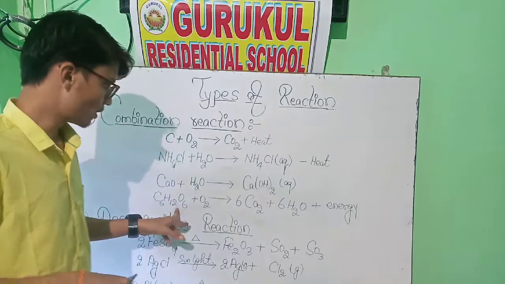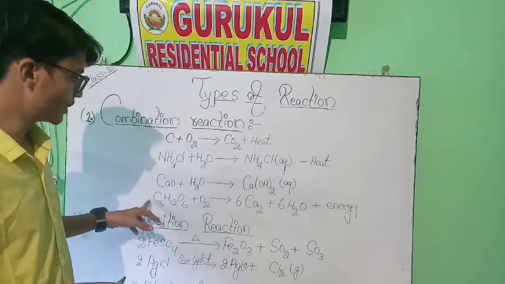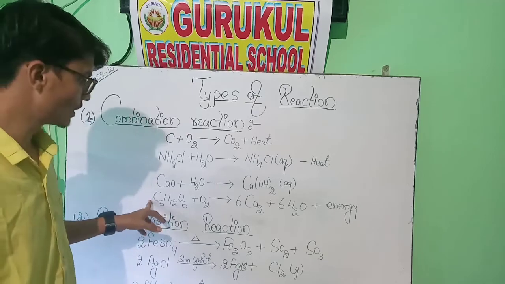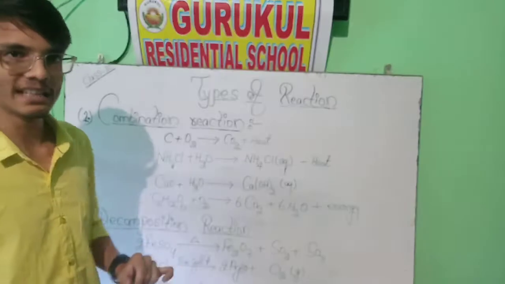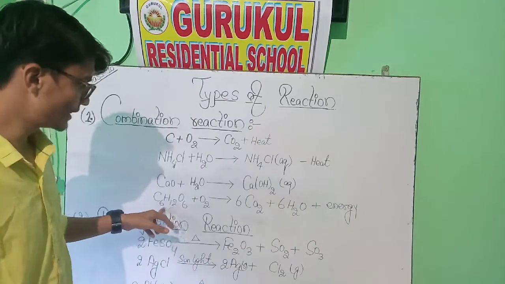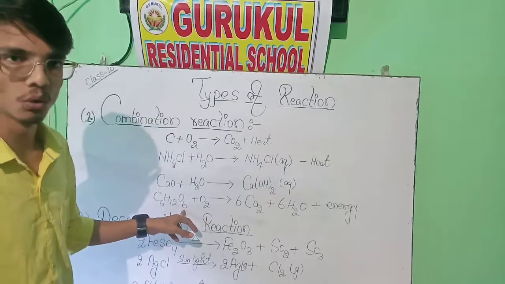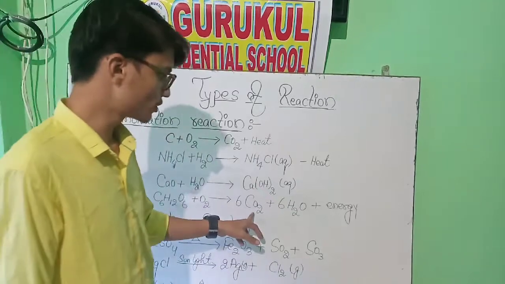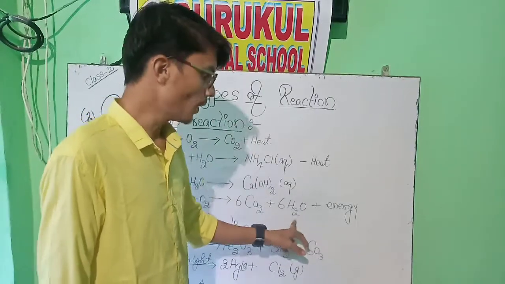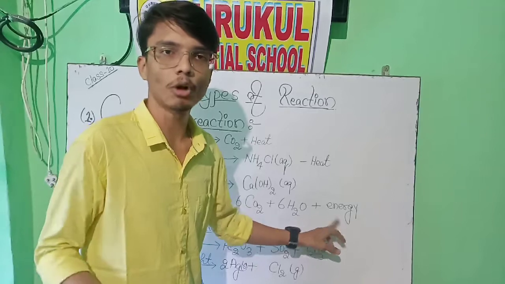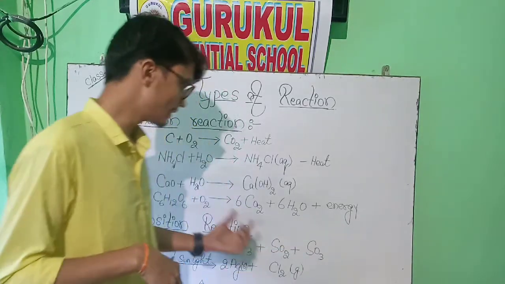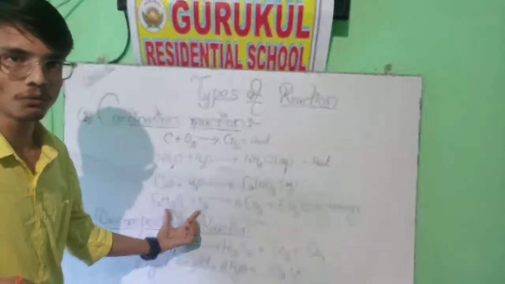This is one of the best examples. In the CBSE they have asked this question many times in this chapter and also in the digestion chapter. This is C6H12O6, the glucose. When glucose reacts with oxygen and it produces carbon dioxide, H2O, and releases energy, this is also known as an exothermic reaction which is happening inside our body. And this is the reaction for digestion of food.